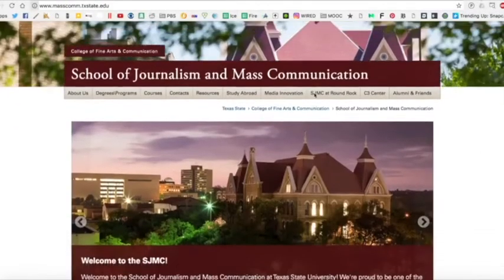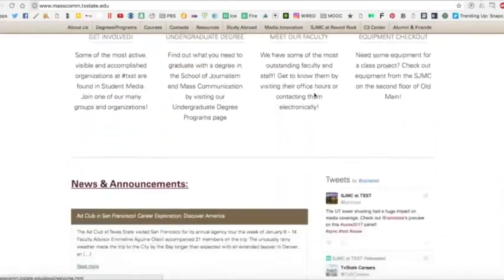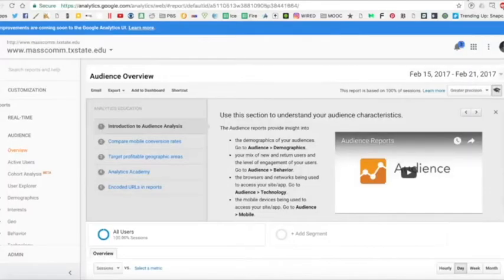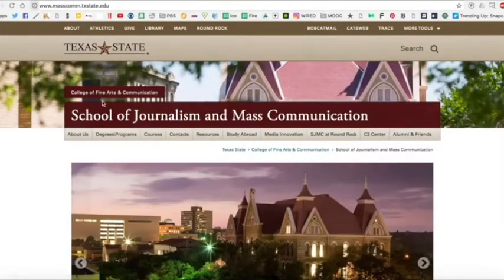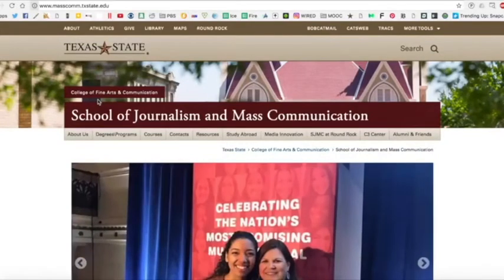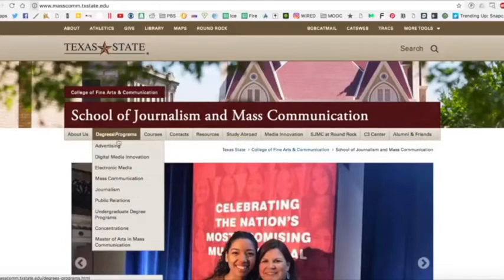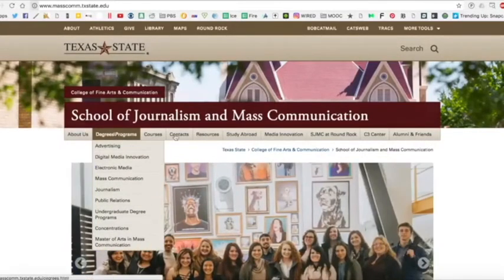So just so you know, here's a look at the home page. Again, we're going to be analyzing what people do once they come to our homepage. A couple of things that we already know about our site in general. One, students use it for information. You come here for specific reasons. Two, you might be looking up specific things, so we'll be talking about our degree plans and things along those lines.